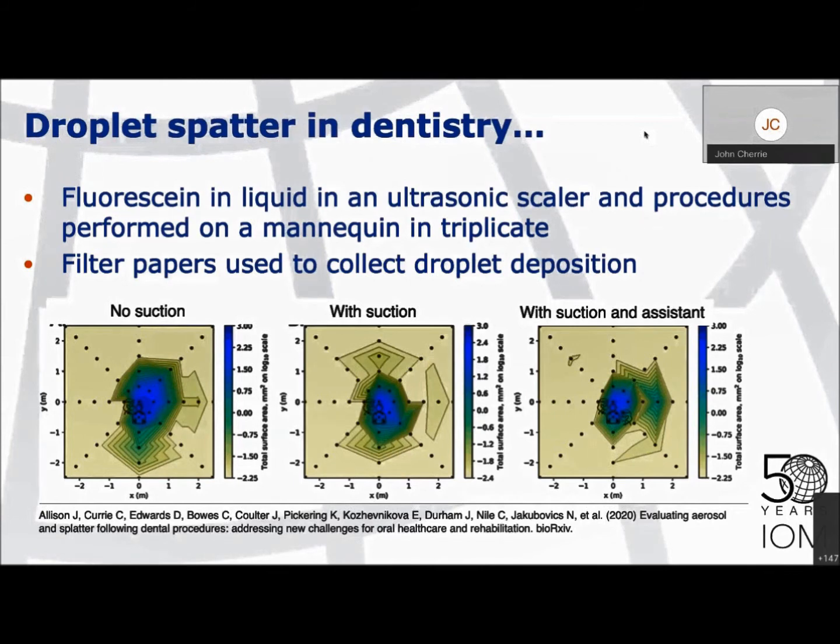One where the dentist is using the tool but has no suction. The second where the dentist is using the tool and this time there is suction to remove the fluids from the patient's mouth and remove some of the air in the mouth as well. And then the final is the same operation, but this time with an assistant holding the suction tube. And you can see in all three of the diagrams that there's quite considerable spread of the contamination outwards from the patient out to about 1.5 meters, and that regardless of what type of suction was used and how it was done, there is fairly extensive